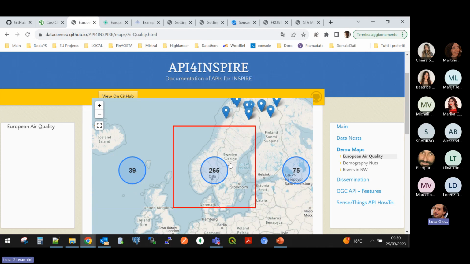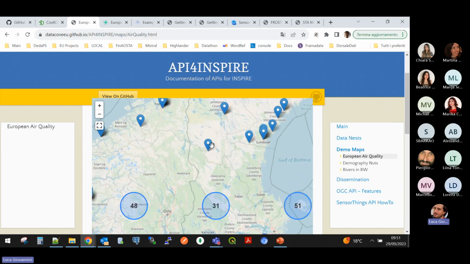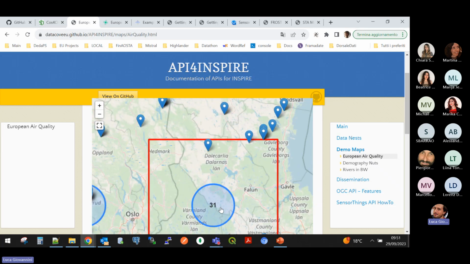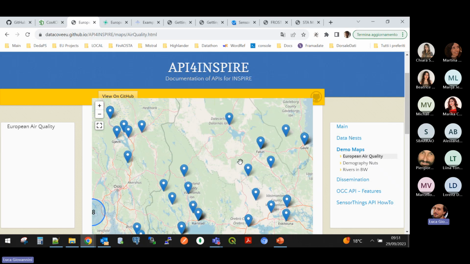Then this is the second example. Again, you see it's the same library because you can recognize the same features, the way of handling the clustering of stations. This just means that here there are 31 stations and they are too crowded to be shown as single pins. But if you zoom, then there's enough space now to show the 31 pins. You choose one, and here you just have this